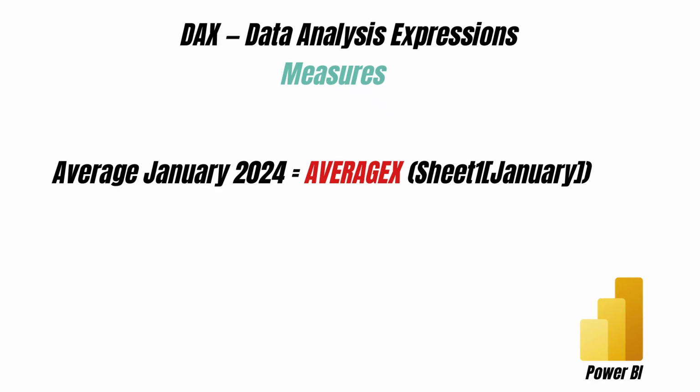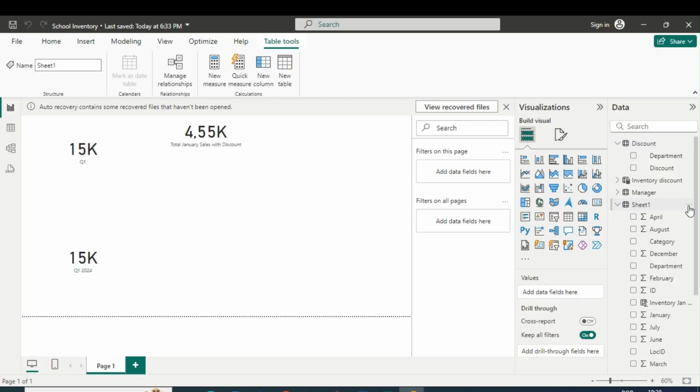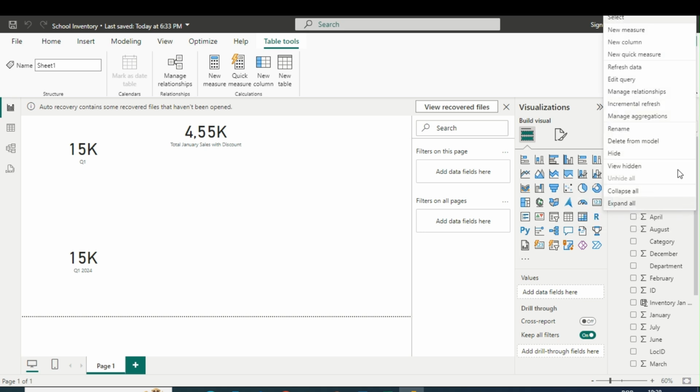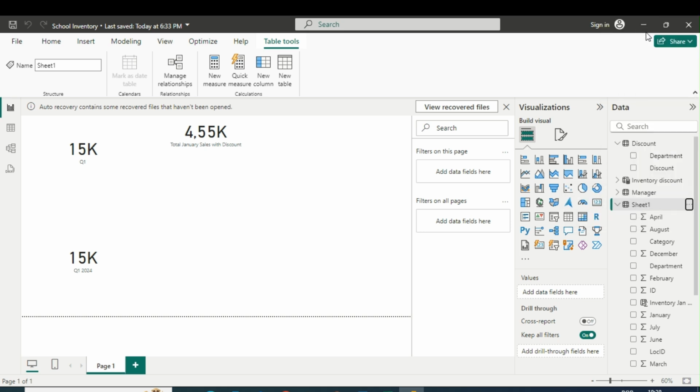Now, let's say you want to see the average sale for January 2024. No problem. We can use our friend AVERAGEX to do the heavy lifting. It'll take a look at January sales and give us a nice